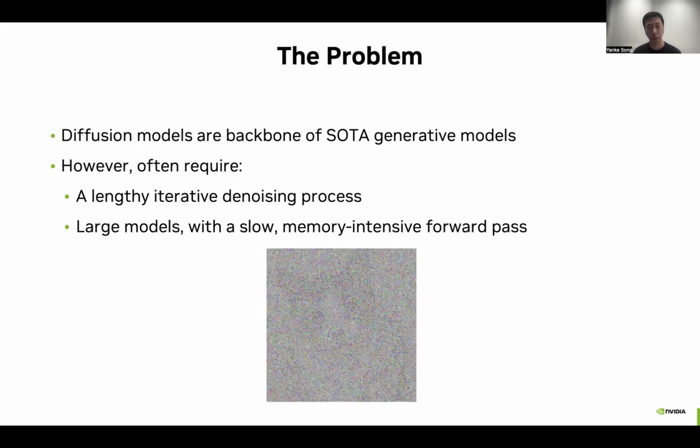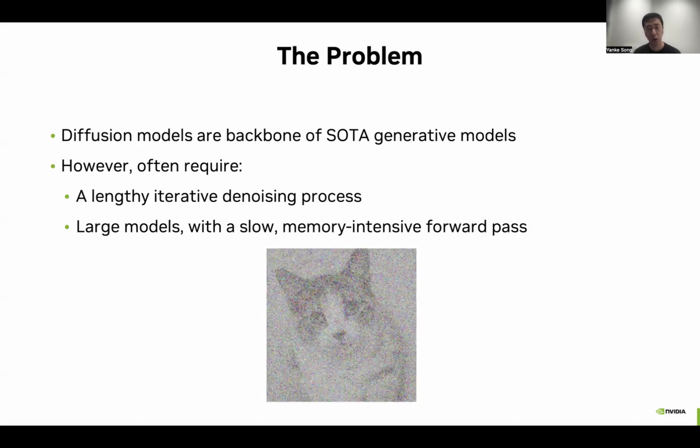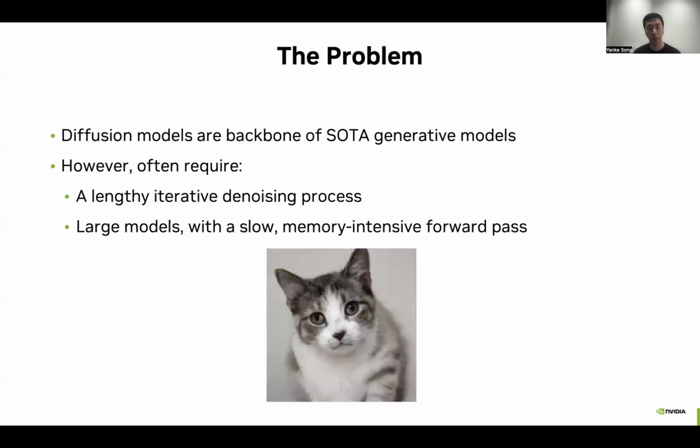slow and memory intensive. For example, these SOTA image generation models can take several seconds to generate a high quality image. For video models, it can take as much as a couple minutes or tens of minutes. And they usually take as much as 20 gigabytes of memory, which prevents them from working on consumer grade